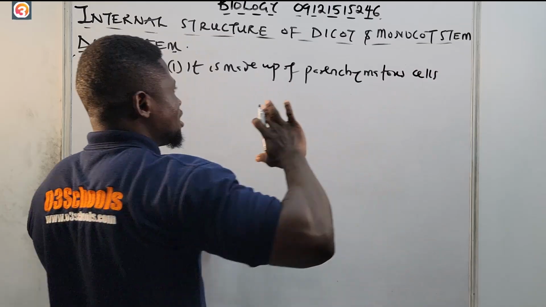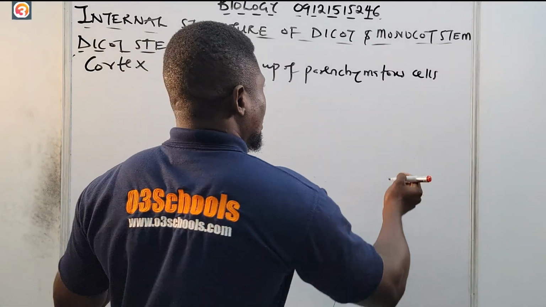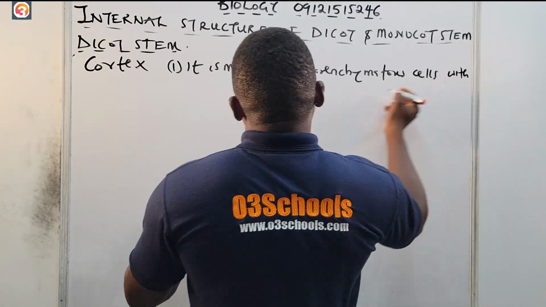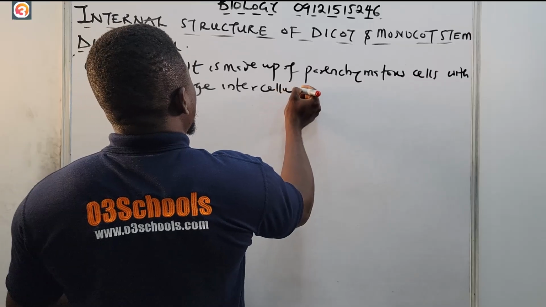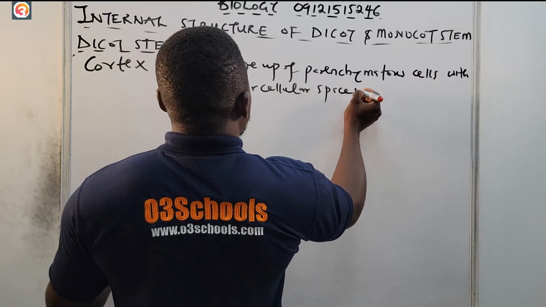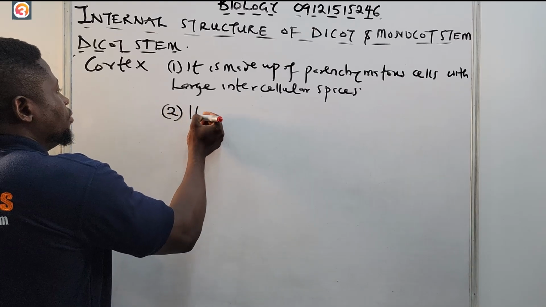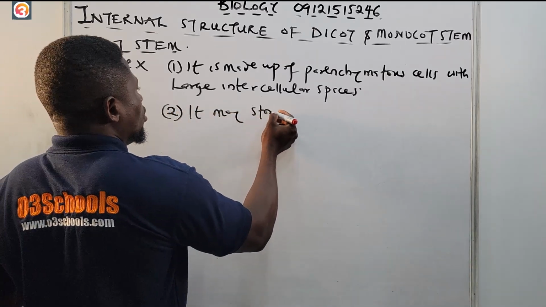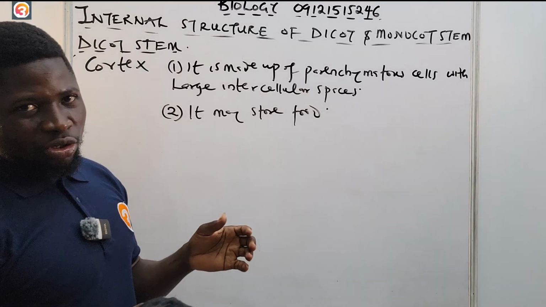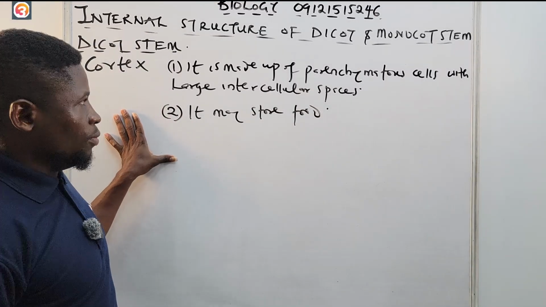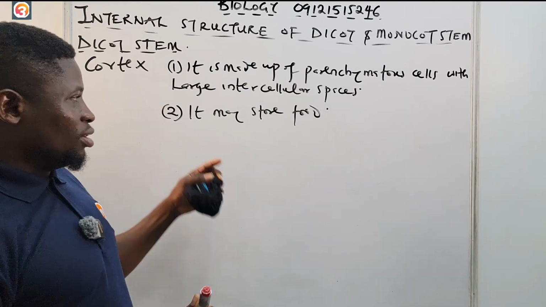Because it's made up of parenchymatous cells, it has large intercellular spaces. And of course the cortex of a dicot stem may store food. It also has another function of food storage. So it is made up of parenchymatous cells with large intercellular spaces, and of course it may also